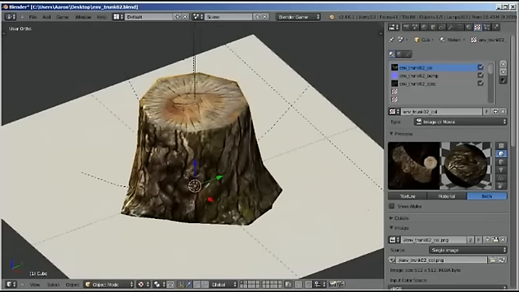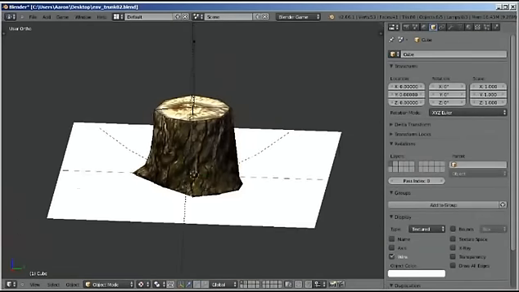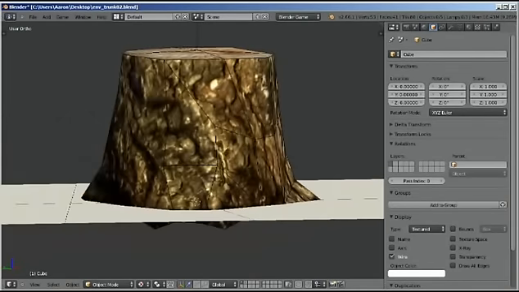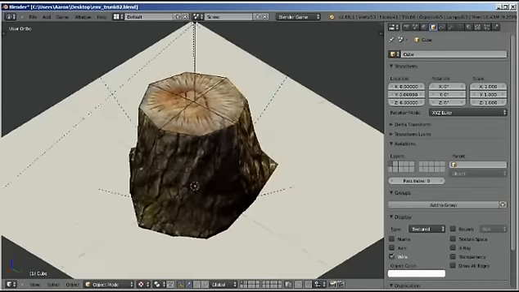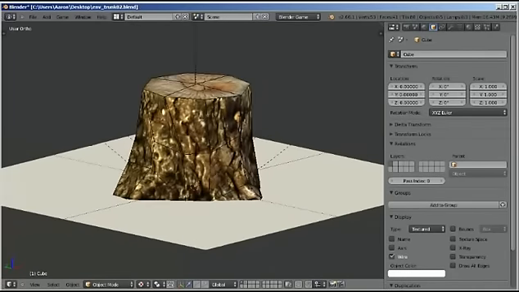And yep, that's the tutorial. A little under an hour here, sorry about that. But I think we have something that looks good. It's low poly, it's game ready,